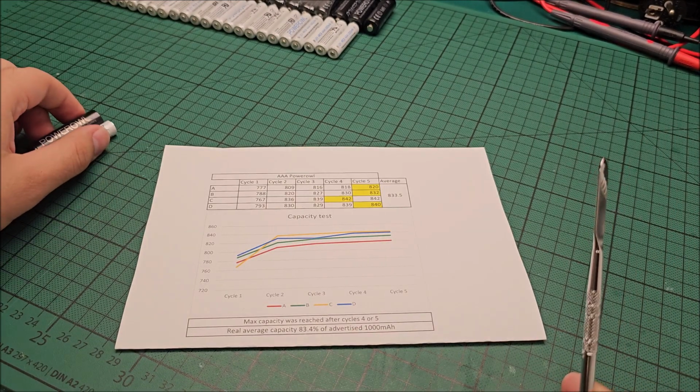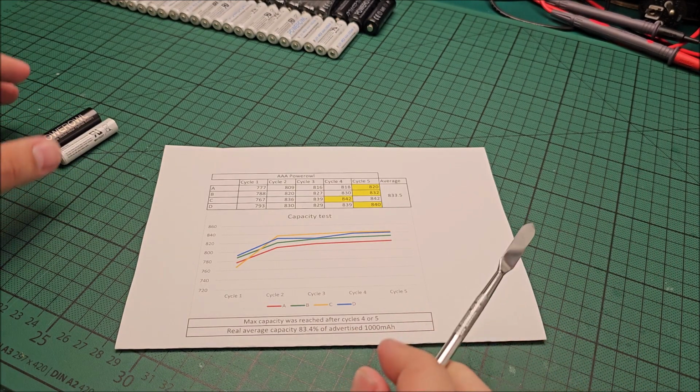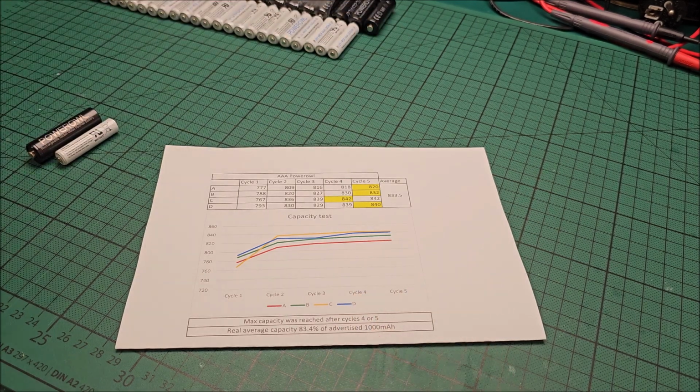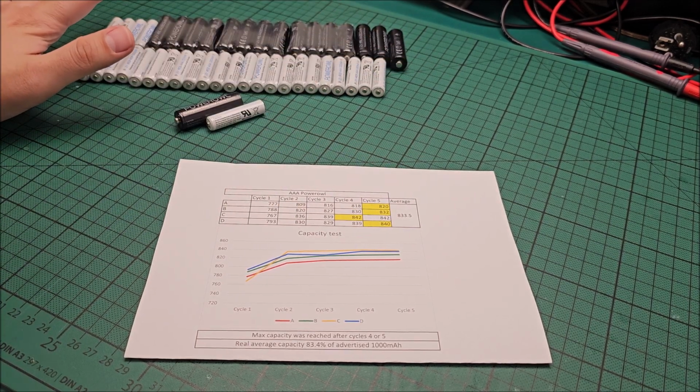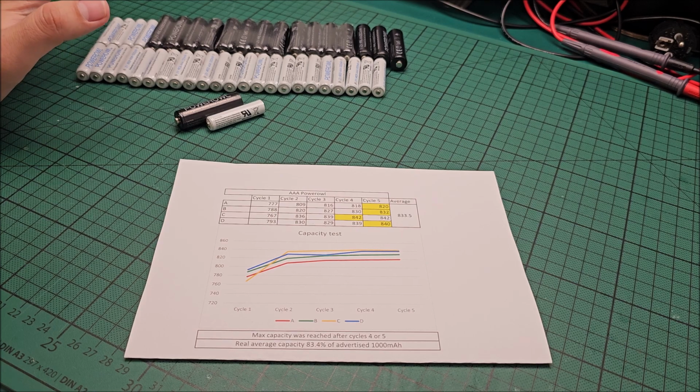But yeah, with that being said, for the mix that I bought right here, I will move the camera, be back in a second. So for this whole huge mix of cells, I reached an average of about €1 or $1 per cell. That's a decent price for